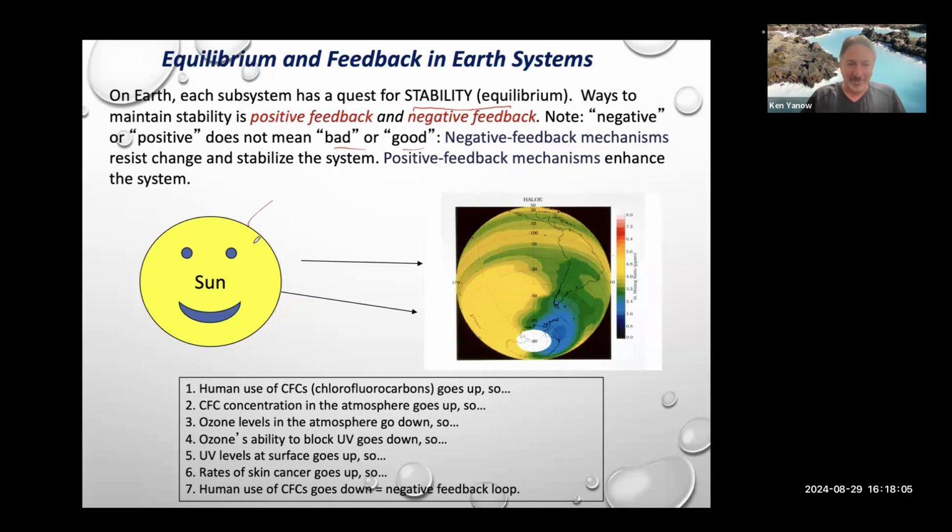Again, we got the sun. Let me put the solar rays here so that you know what I'm talking about. And energy is coming in. So years ago, there was a big problem on our planet, and we've actually just recently gotten over it,